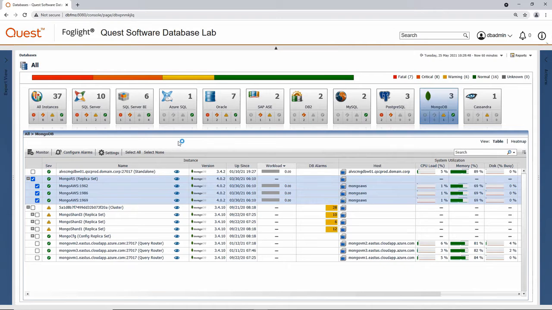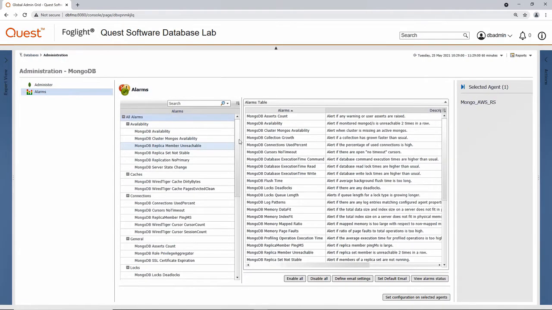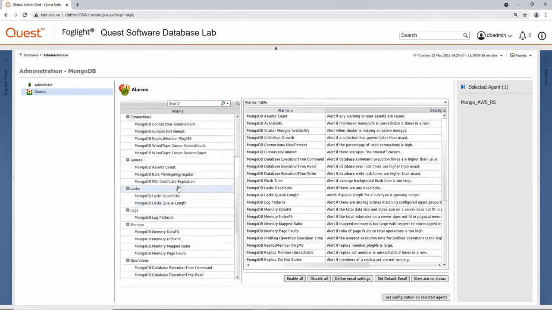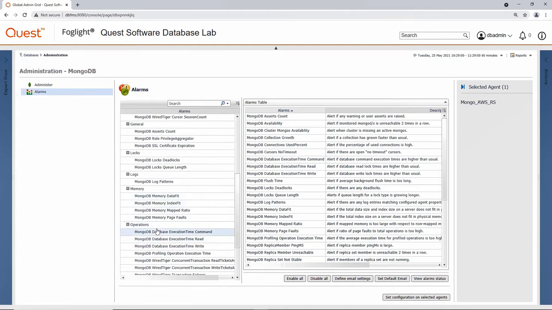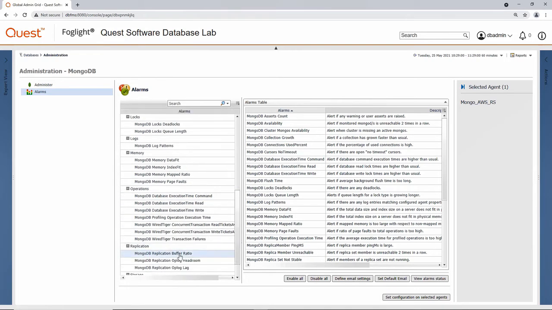Each alarm can be customized to meet specific requirements that the customer may face, and of course you can also build your own custom alarms should you see fit. But the alarms in general will cover a wide range of issues around MongoDB availability, replica set health, collection size and document growth, index consumption, memory consumption, and query performance.